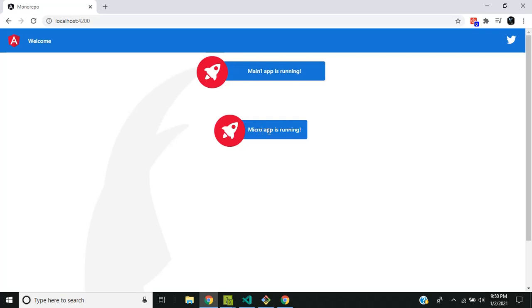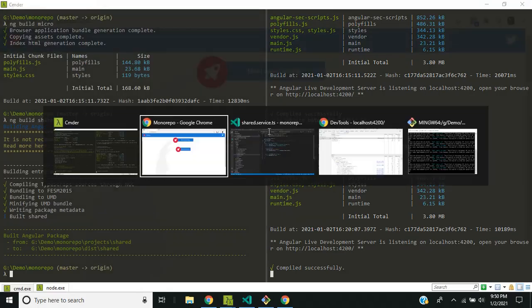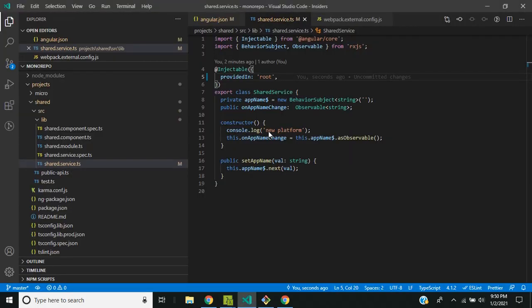This is because since we declared the service as a root provider, each of the applications will create its own instance at an application level. So this is the main difference between a root provider and a platform level provider. Hope you were able to get a better picture about the platform level providers and their applications in real world scenarios.